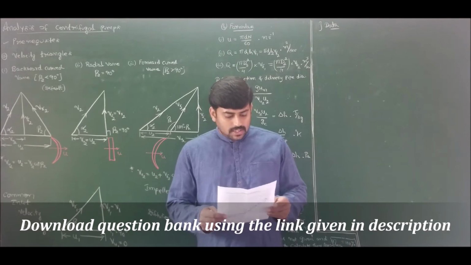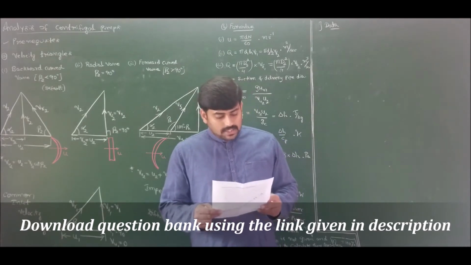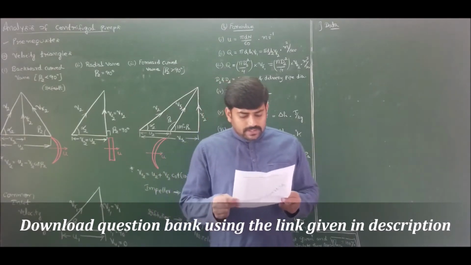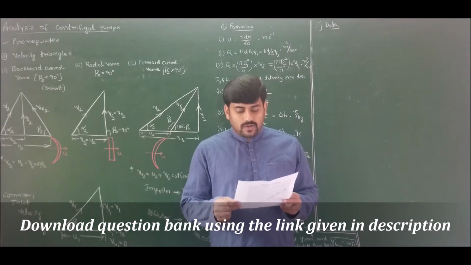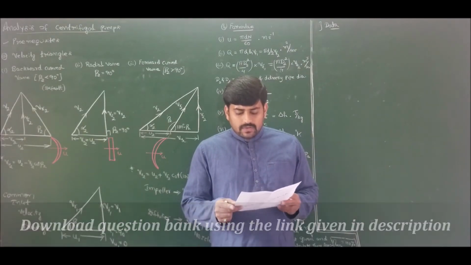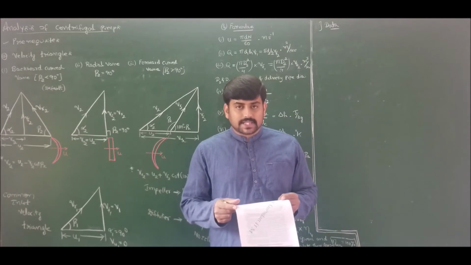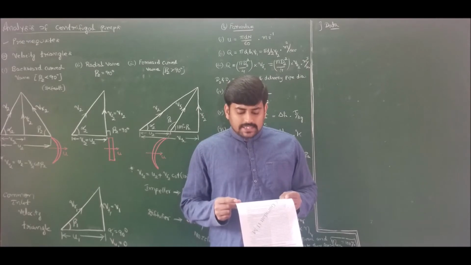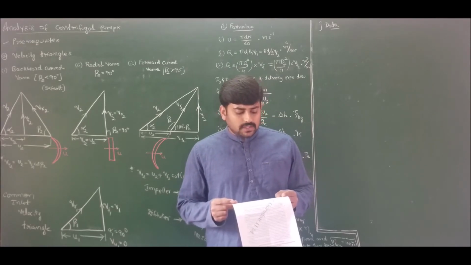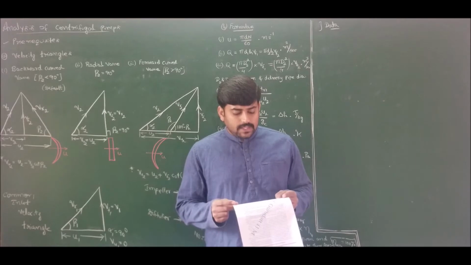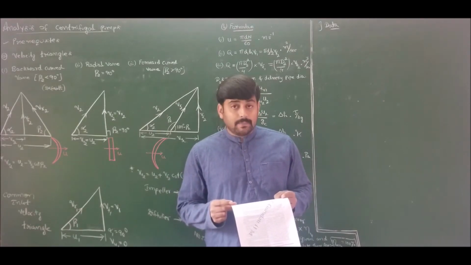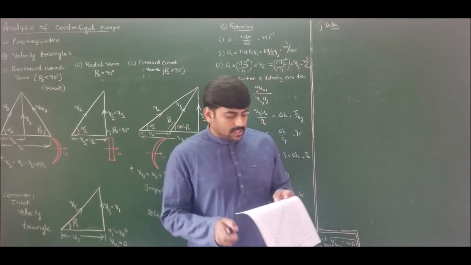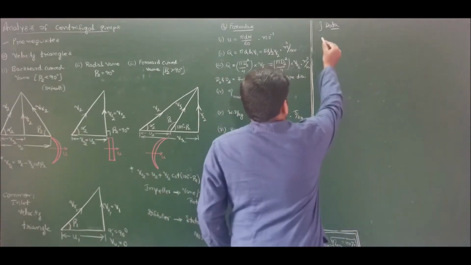Continuing our discussion, problem number 6 states that a centrifugal pump delivers water against a head of 25 meters. The radial velocity of flow is 3.5 meters per second and is constant. The flow rate of water is 0.05 meter cube per second. The blades are radial at tip and the pump runs at 1500 rpm. Determine diameter at tip, width of blade at tip, and inlet diffuser angle at impeller exit. So let's solve this problem.